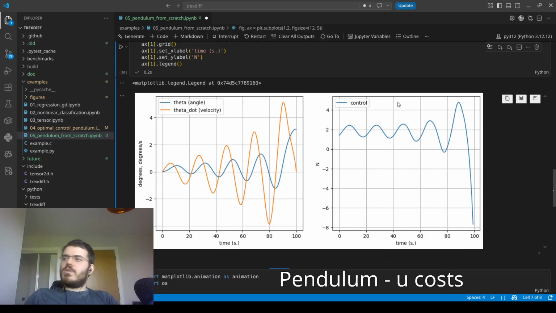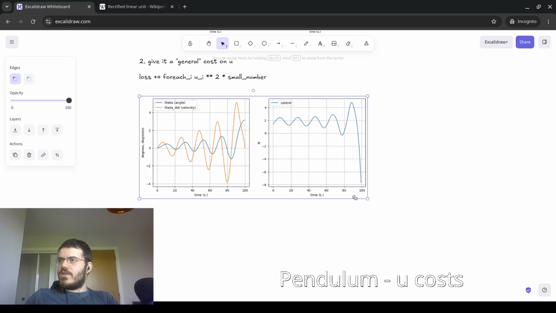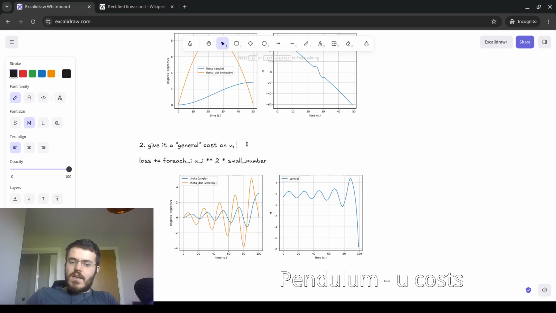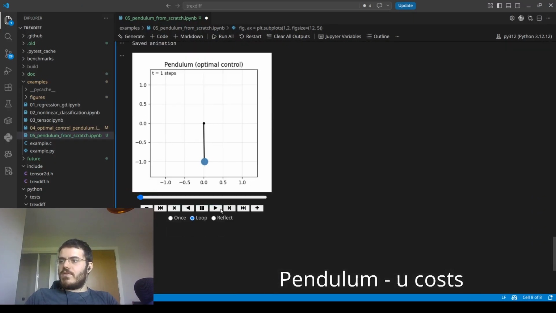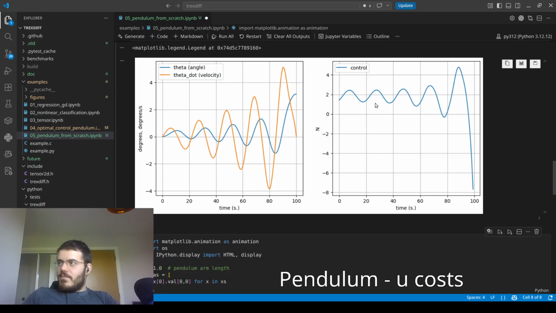Meanwhile, we'll copy this image and we'll put this here as our last thing, which is we give it a general cost and enough time to swing, and then it should be able to just do a couple of swings left and right until it gets enough momentum to go to the top. Okay, so this is a bit nicer. It picks up momentum, and eventually goes to the top. Then you see here it's actually not using that much control, that much force